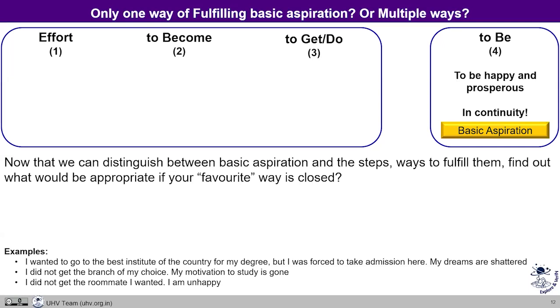The second thing to note is that the path that I had chosen earlier may not be leading to the basic aspiration either, because I chose it without being clear about it. I had not explored it. So both things can be opened. First, the way I was aspiring, that if I go to this elite institute my life is going to be happy forever, I had not explored. Second, to lead a life of happiness forever, there could be multiple ways. It may even be the case that going to an elite institute is not actually the way. The way is something else.